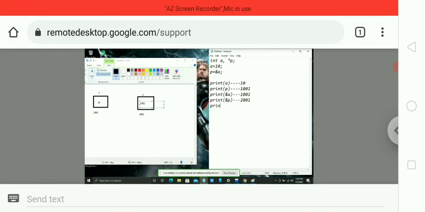Now I would like to print the pointer p. For p we have a value, for a we have a value, the address of a is 1001 and the address of p is 2001. Now we would like to print the pointer p. So what do we get here? In pointers, the pointer variable is used to hold the address of another variable. I wrote p equal to ampersand a, that means in p we are storing the address of a, that means we are holding the address of a in p. So whenever I call pointer p,